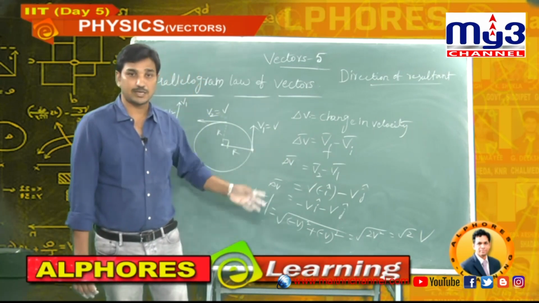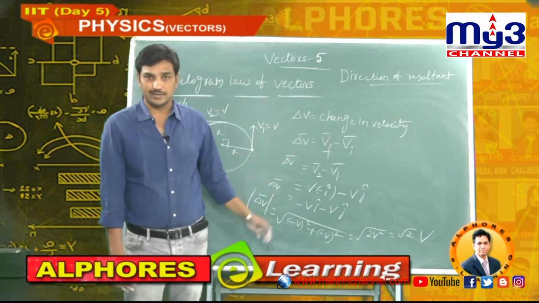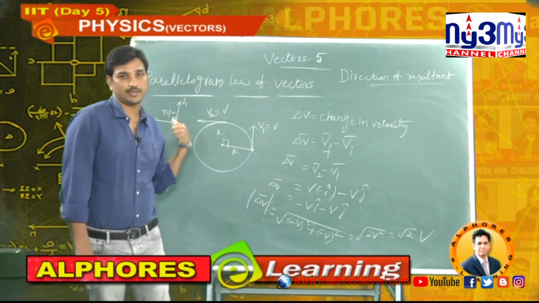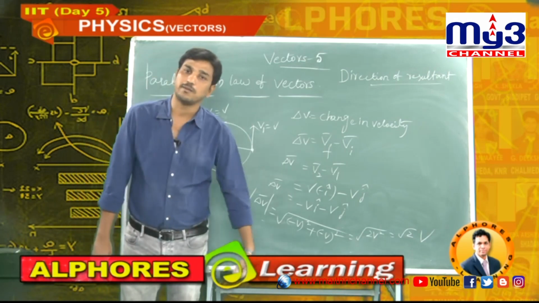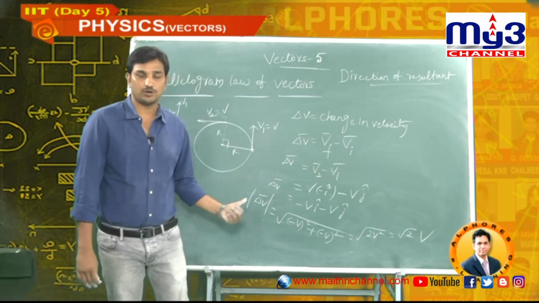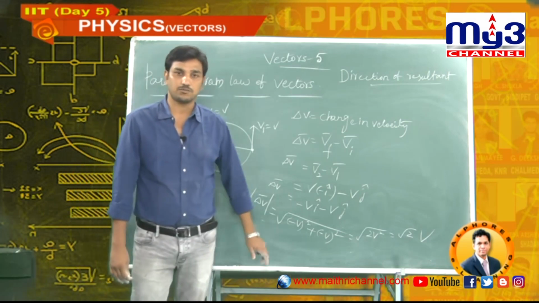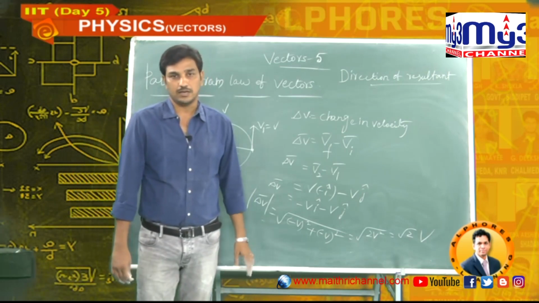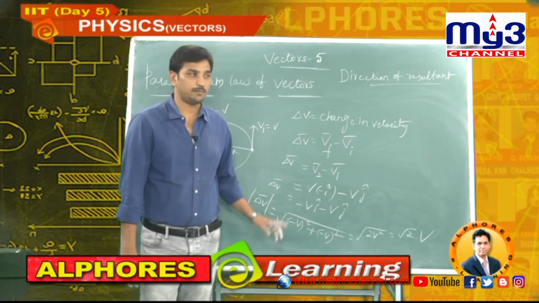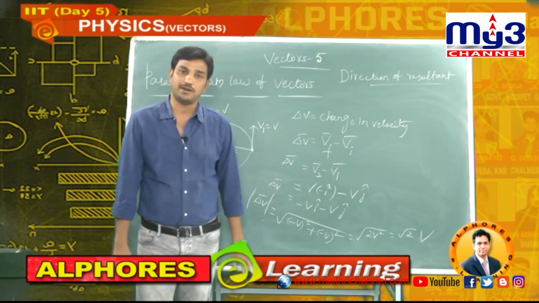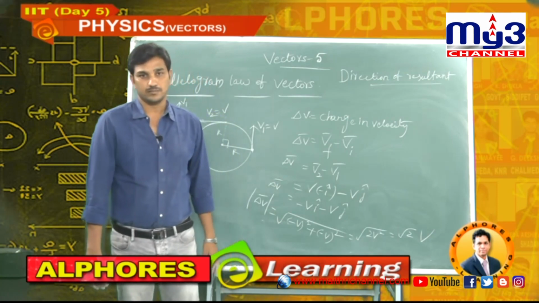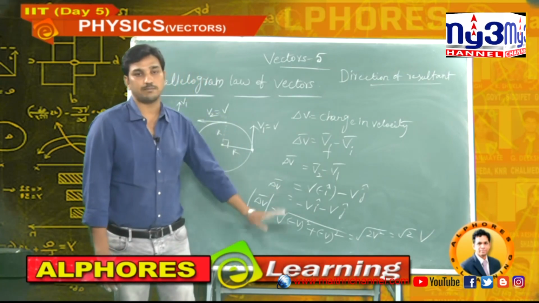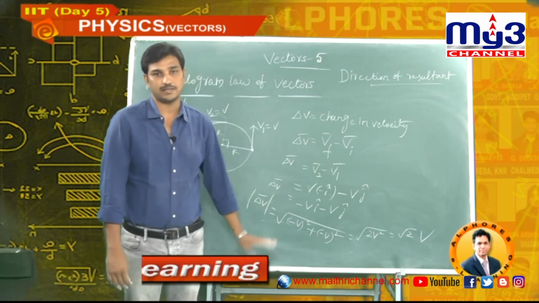After that, we did subtraction of two vectors. What I did was turn B bar back, giving the negative vector minus B. A bar minus B bar, two vectors, the resultant is A bar minus B bar. The magnitude of the resultant is root of A square plus B square minus 2AB cos theta. In this case, the angle the resultant makes with A bar is given by tan alpha equal to B sin theta by A minus B cos theta. Finally, I went through one example. With this example, you got the clarity.